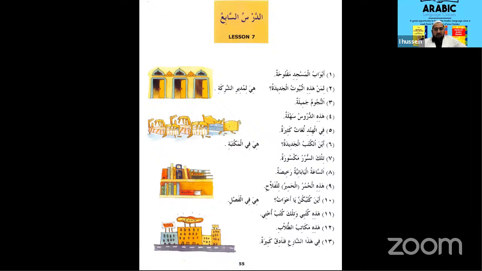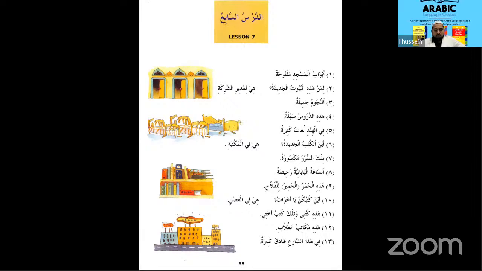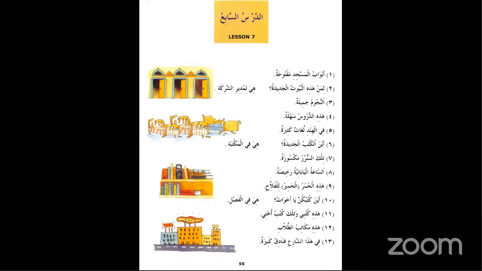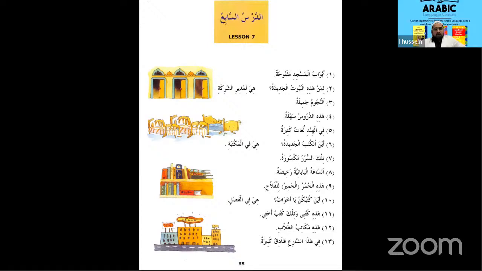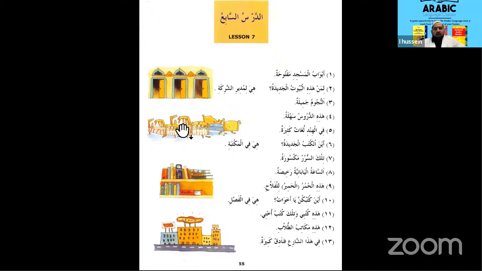Here, where is it? هي في المكتب. One second. هي في المكتبة. It's in the desk. No, it is in the library. It's in the library. Excellent. Sister Sadiqa Aladina, the one from UK, is she here today? Excuse me? It is, they are in the library, no? Because it's a plural. Yes, they are in the library. You can say it is in the library or they are in the library as well.